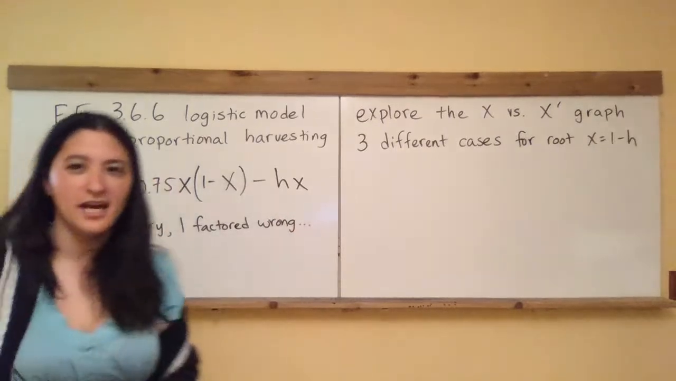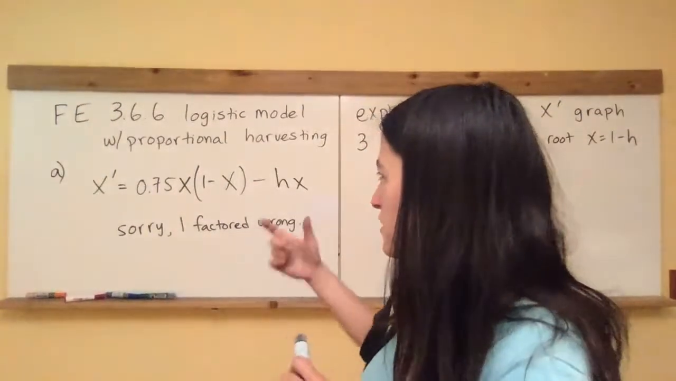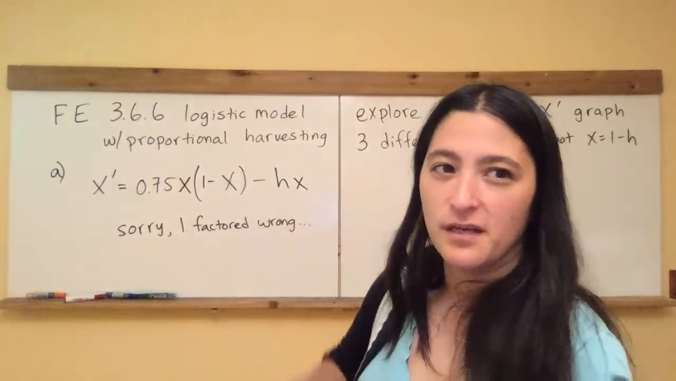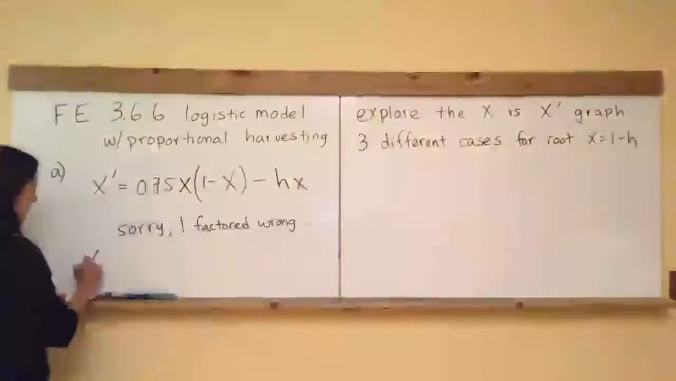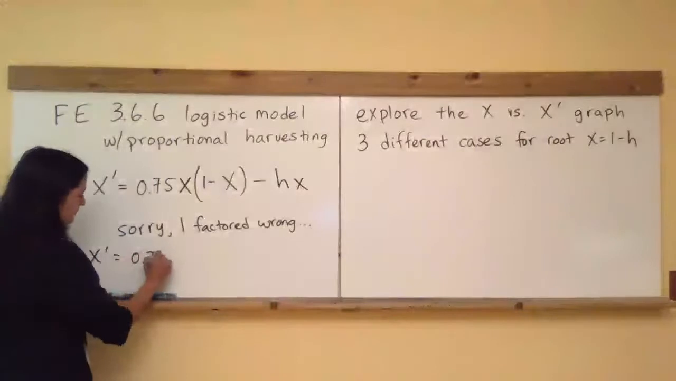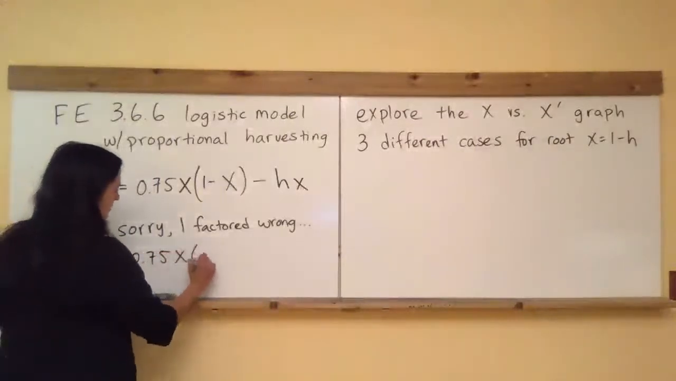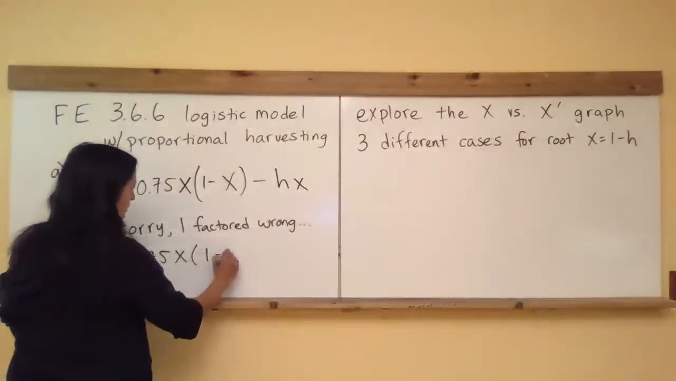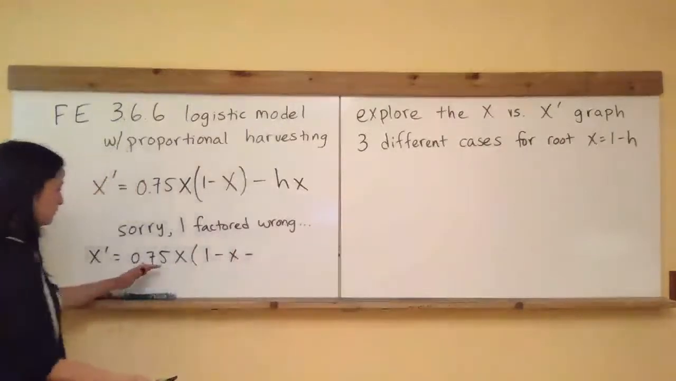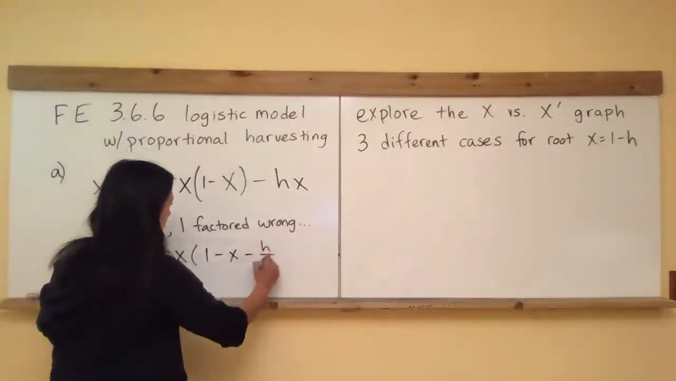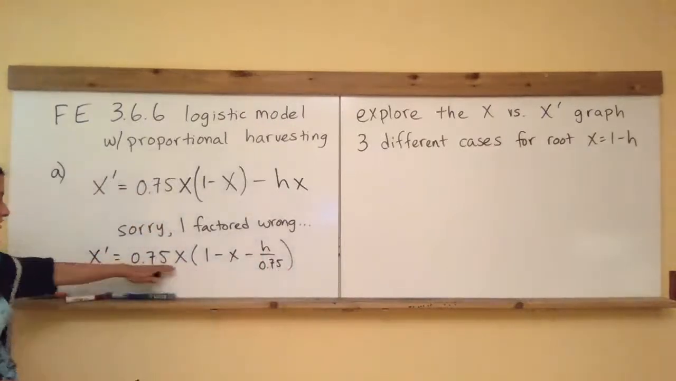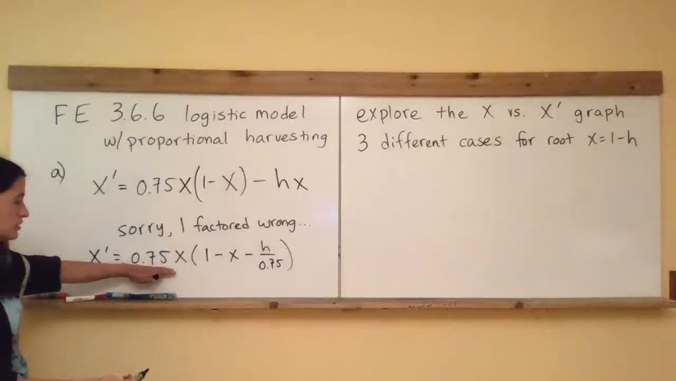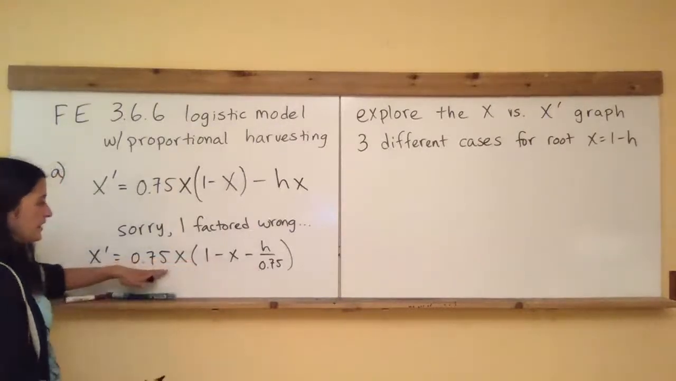Okay, I forgot to actually carry the factor of 0.75 through, so I'm just doing that as a note so that I did that right. Here, let me try again. 7.5x, and then we have the 1 minus x, and then what we should have is h divided by 0.75. Okay, now that's right, you see, because when I multiply this term by that term,